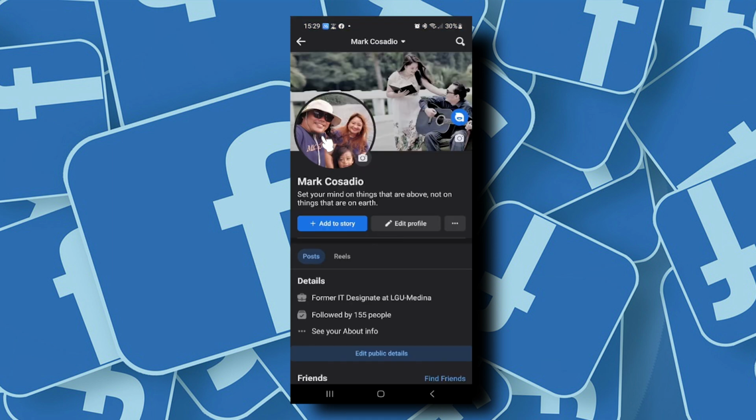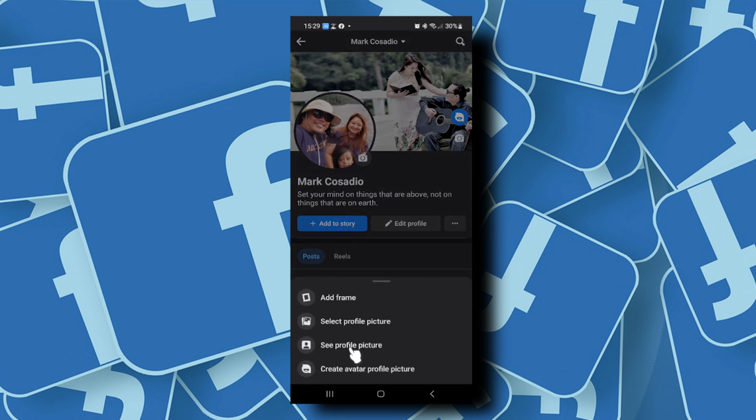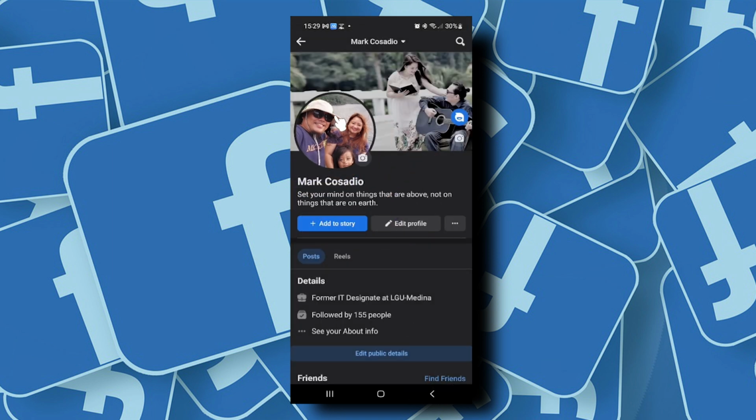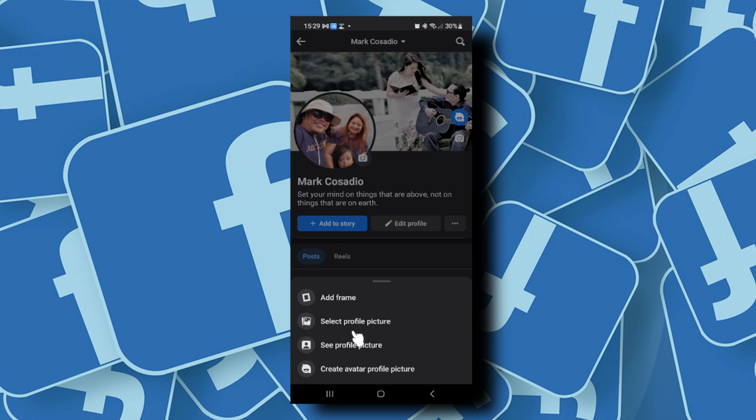So when I tap on this picture and tap on see profile picture, I can see that this still has 56 likes. Now, if I want to go back to my previous profile picture, just tap on it and tap